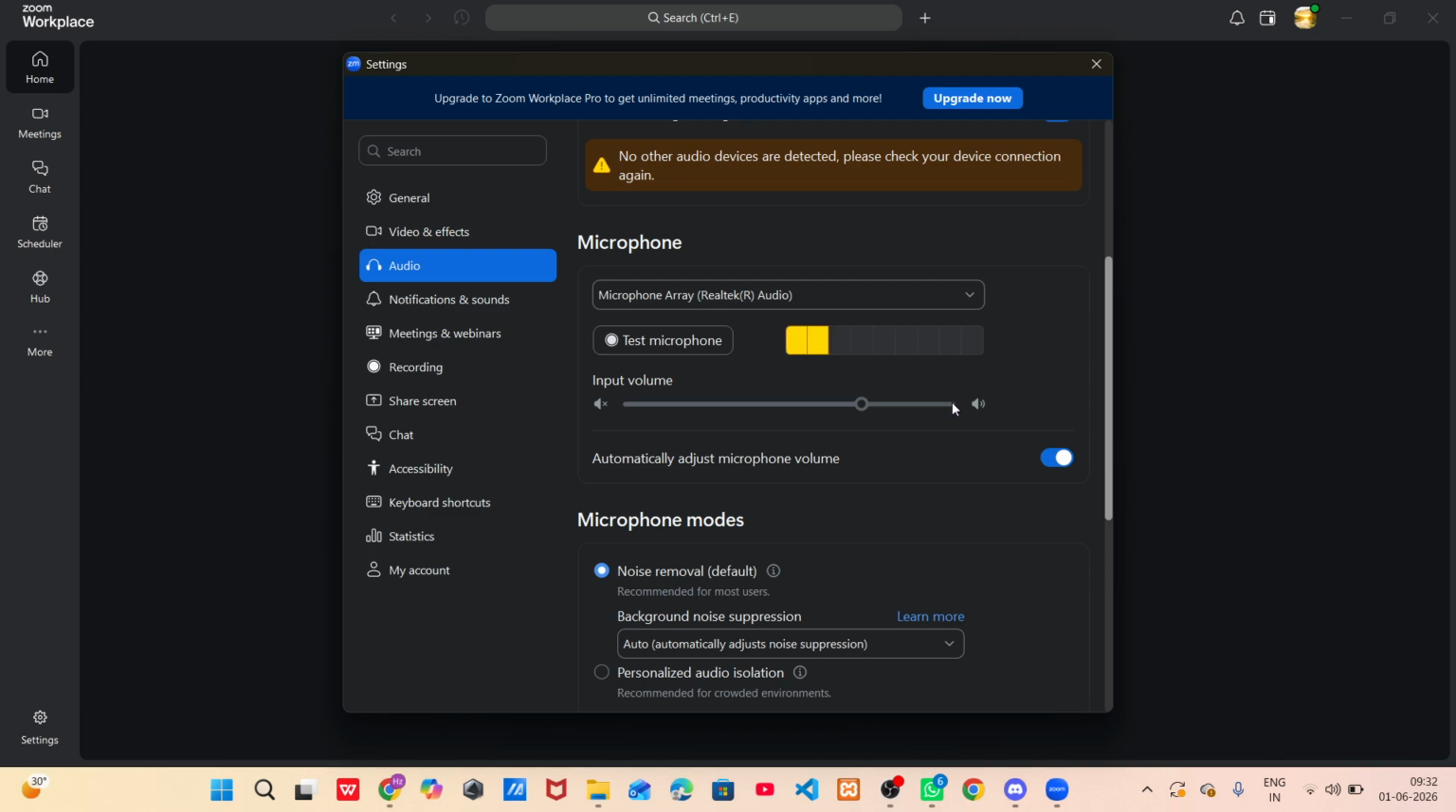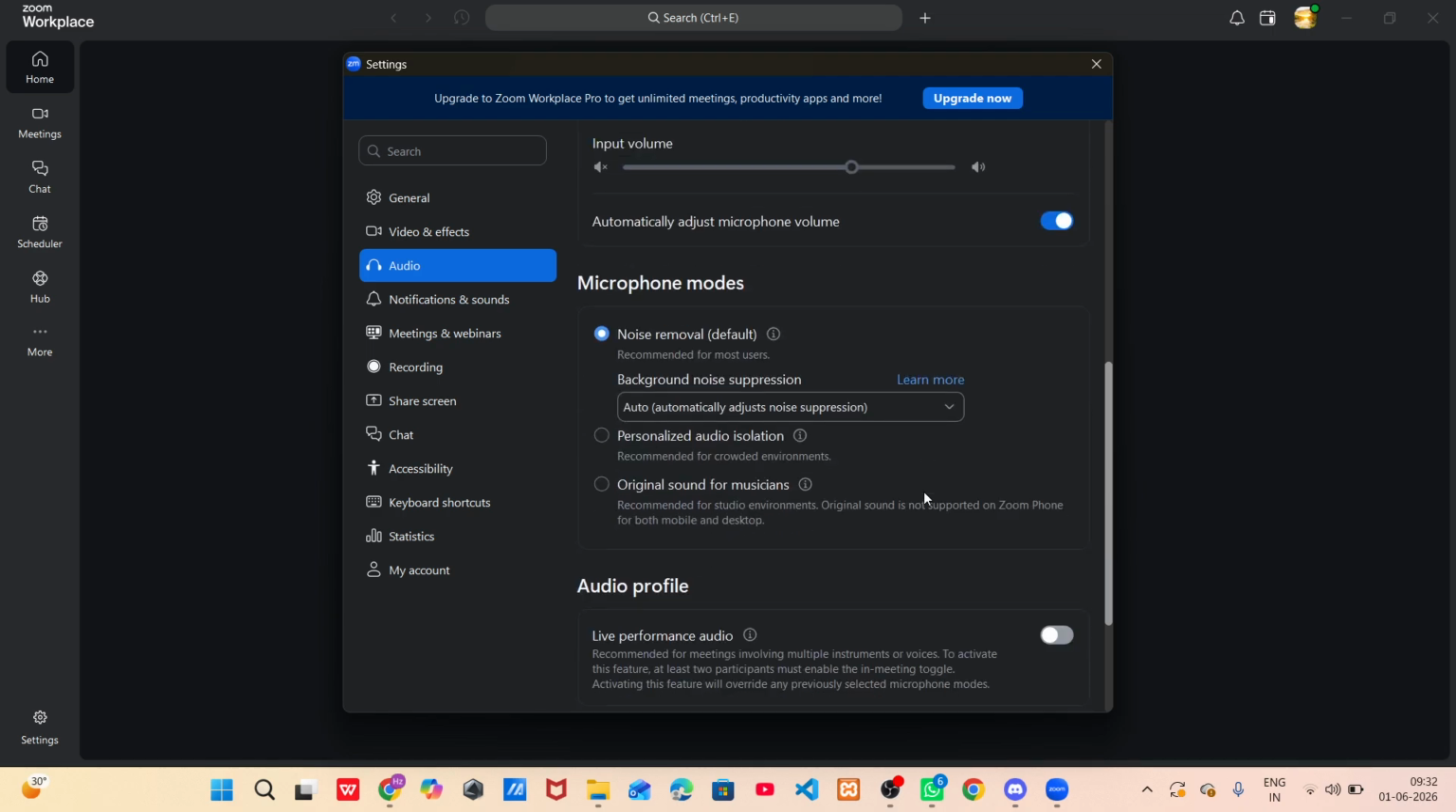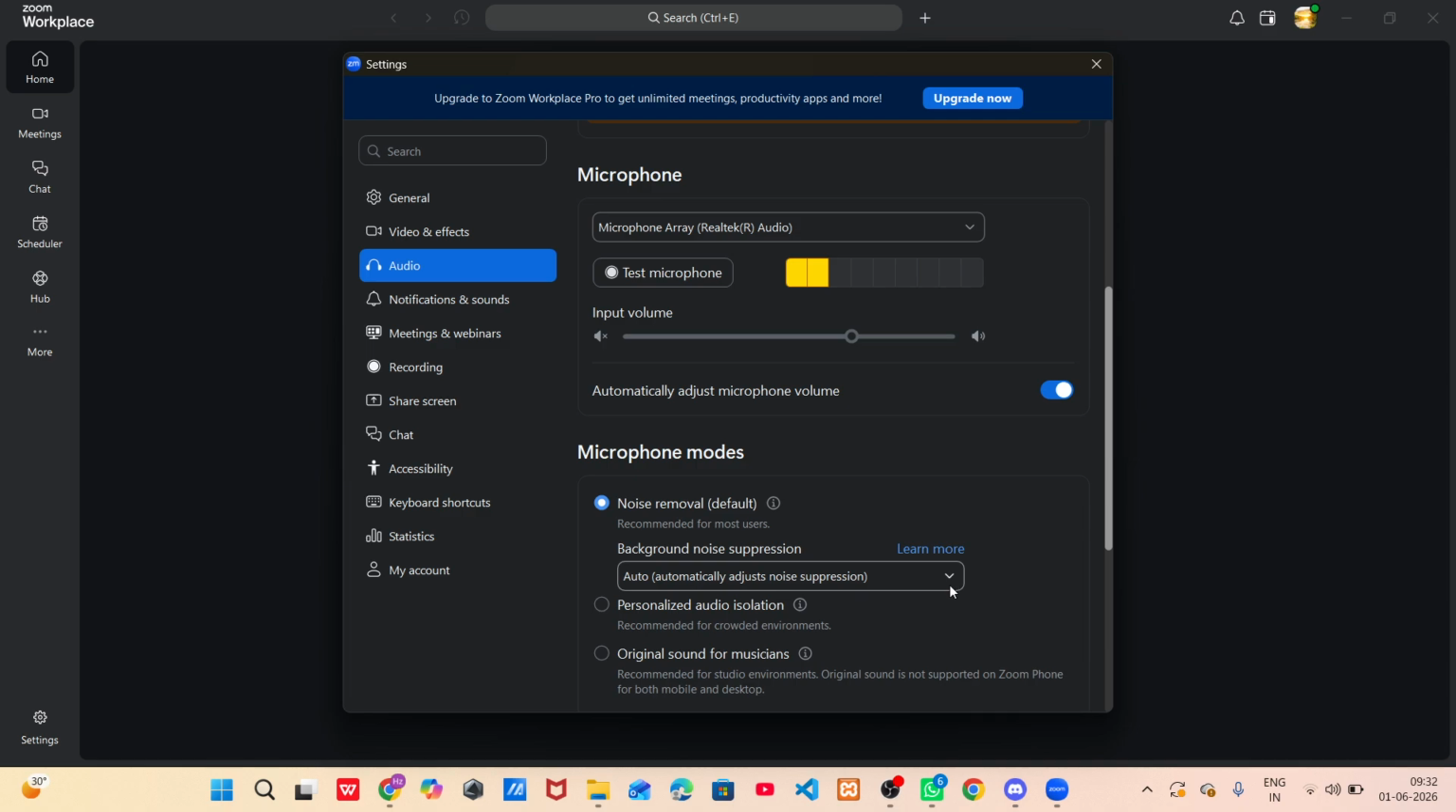One quick note here, if you usually want to maintain a consistent volume level for your microphone, you can uncheck the option that says Automatically Adjust Microphone. Turning this off locks your microphone at the higher volume setting. This is particularly useful if you often find that Zoom tries to adjust your mic volume during a call, which